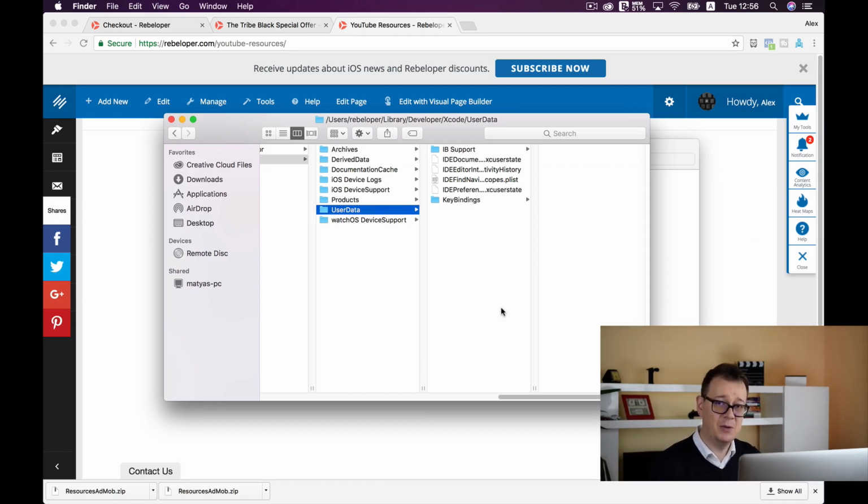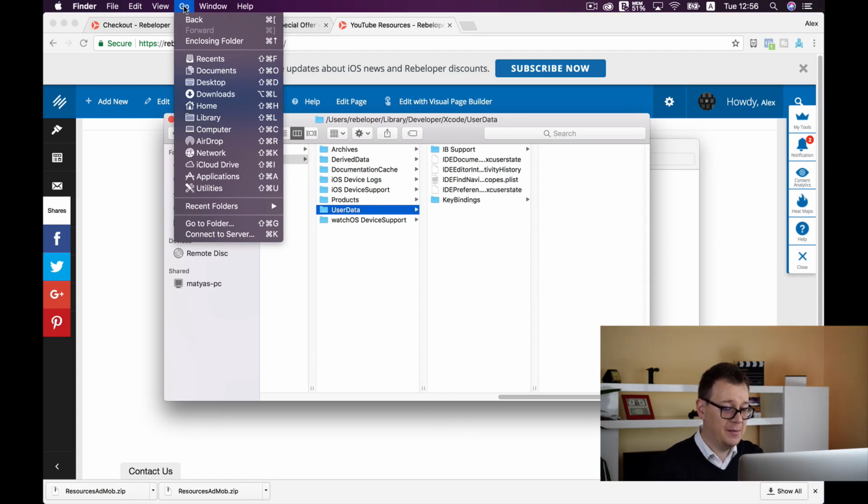And once again, one more thing. If you can't see your library folder because it is hidden, go ahead and in Finder, the menu, click on Go and tap on your Options key, and your library folder should appear when you click on the